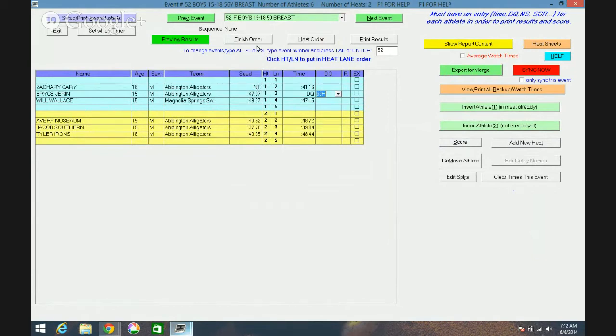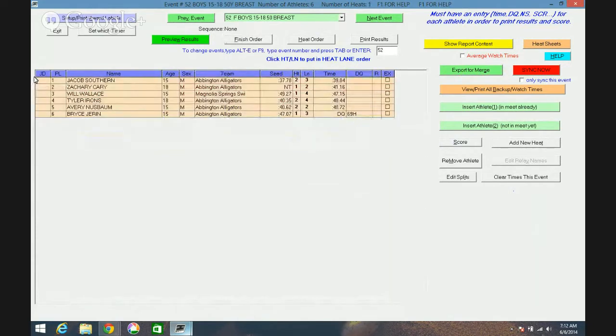Now, the question came up last night: how do we do a finish? If there's a judge's decision, how do we change the finish order? When you click on this finish order button, you will notice that there is a judge's decision column added at the very beginning. So, for instance, let's say that Jacob Southern came in second and Will Wallace actually came in first. You just type in the numbers in the JD column, and then you can click the print or preview results button,